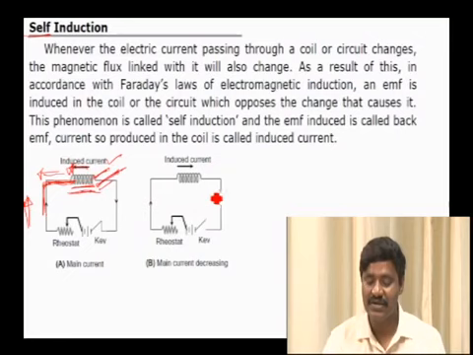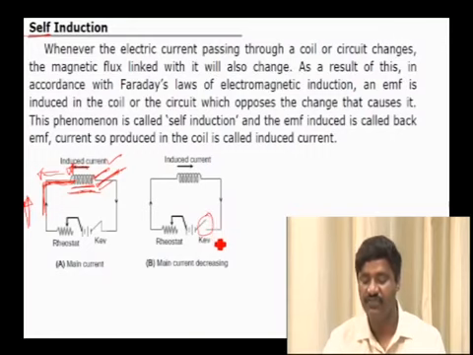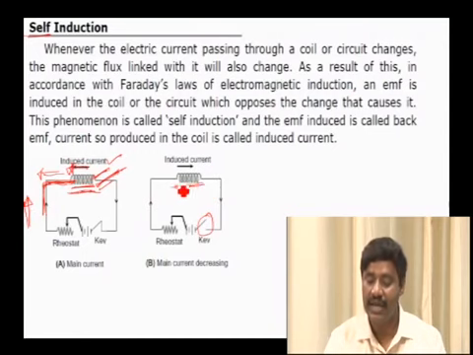But look at the other case. This is the first case when the key is closed. The second case is when the key is open. That means when you switch off the battery or when the key is open, the current through the coil tends to decrease. When the current through the coil decreases, again the magnetic flux linked with the coil decreases, again an EMF is